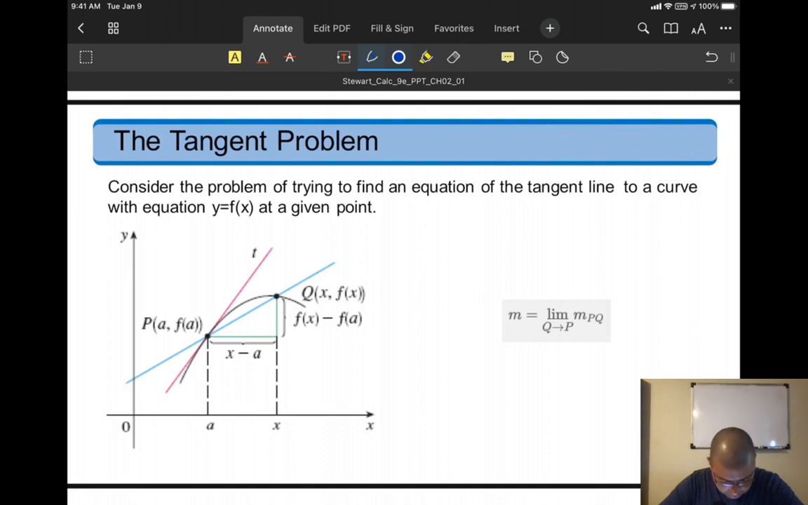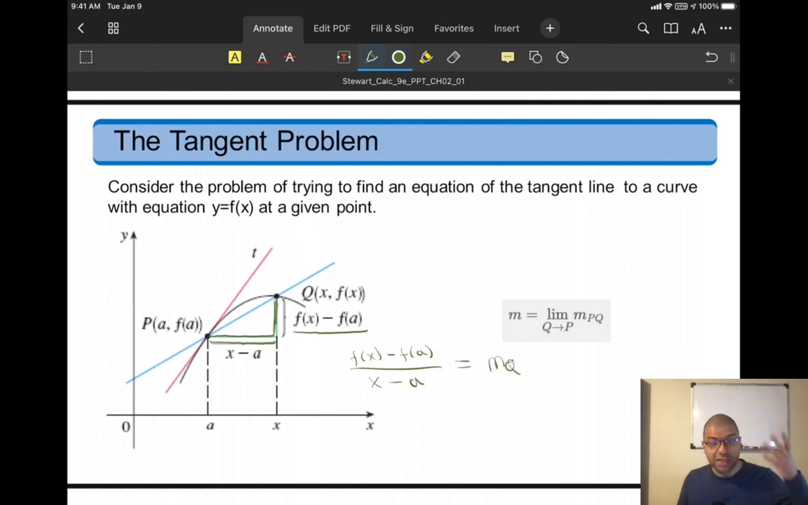Okay, so you can see here that this green triangle that they drew is this slope here, right? It's what you use to calculate the slope. So f of x minus f of a is the height of that triangle. x minus a is the base of that triangle, and f of x minus f of a over x minus a will be m_Q. It's the slope of this blue line. Okay,